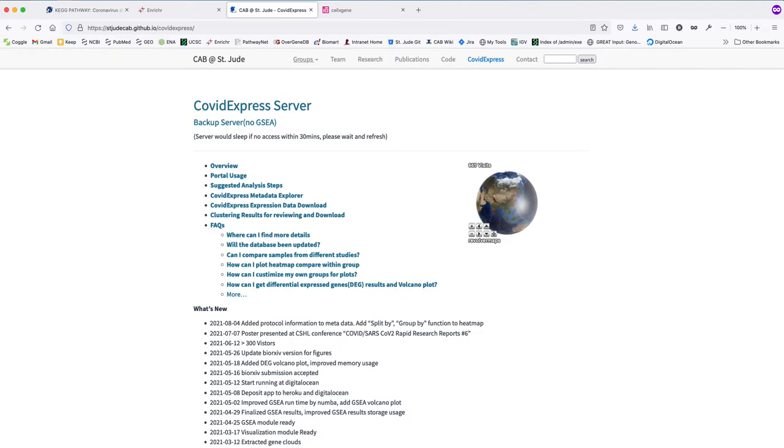My name is Wojciech Rosikiewicz, and I wanted to show you one of the use cases of our CovidExpress portal. In the paper describing this portal, we refer to this use example as case 2, study case 2. The rationale is that we can explore all those COVID-19 related data sets that we have reanalyzed, for example, using the list of genes of interest from the